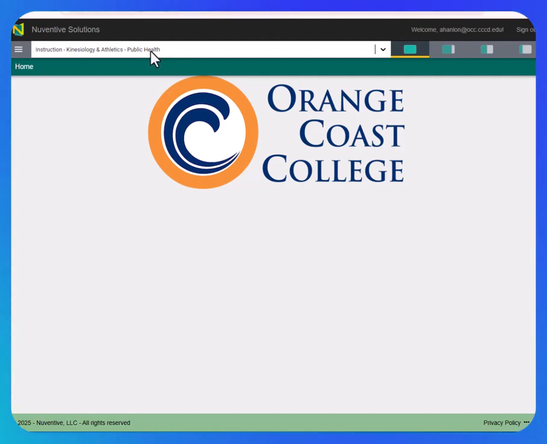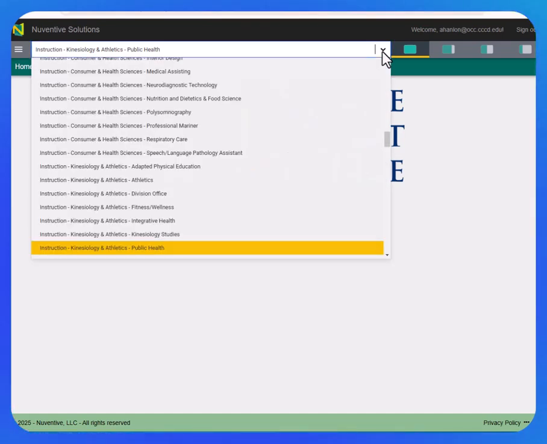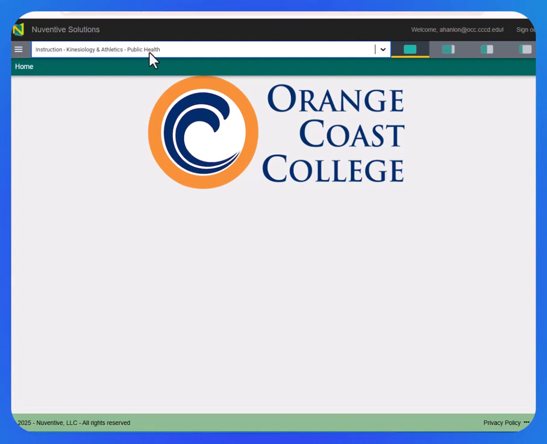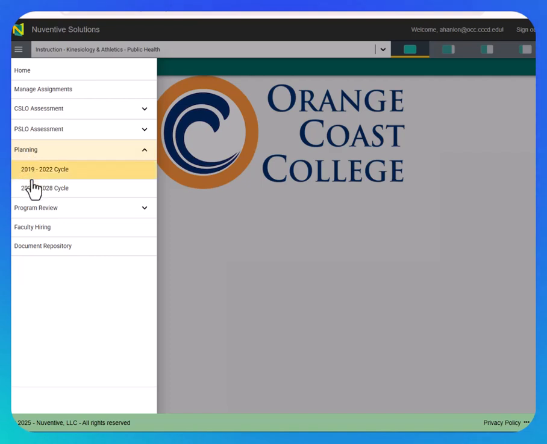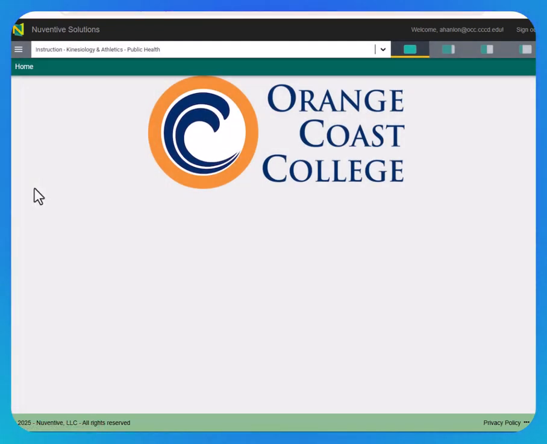Check to make sure that you're in the right unit. If you are responsible for multiple units, you may have to select the correct unit from the drop-down. Most of us have only one unit. Select the hamburger on the far left, and here you'll see the different processes that we do in Solutions listed. Go to Planning, 2228 Cycle, and from this you should see a list of all of your strategies that have